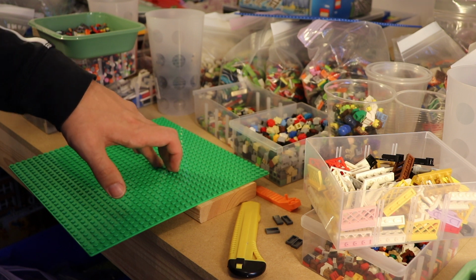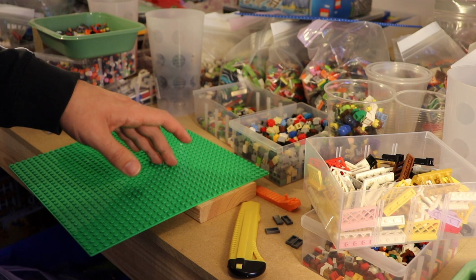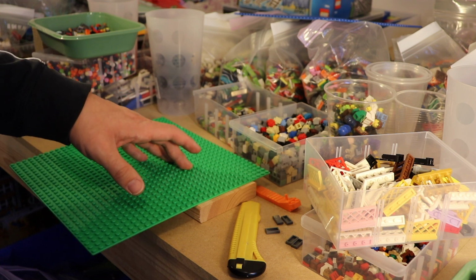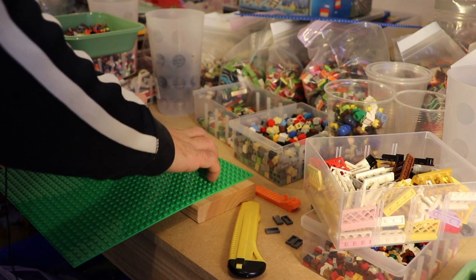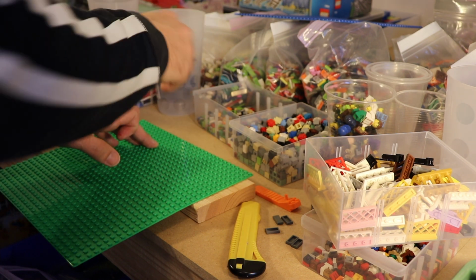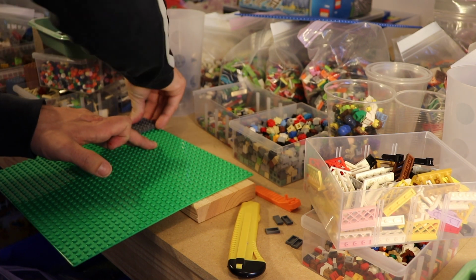Yeah, maybe I should go for 6 instead, because then it'll reach farther. And I do not have much room to push the whole city. So I think I'll go for 6. Yeah, 6 wide. And I do have this trick, which I've just been told by one of my viewers, is that if you put plates on